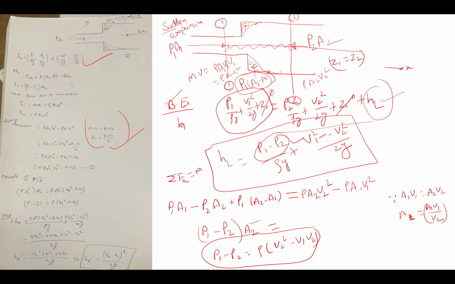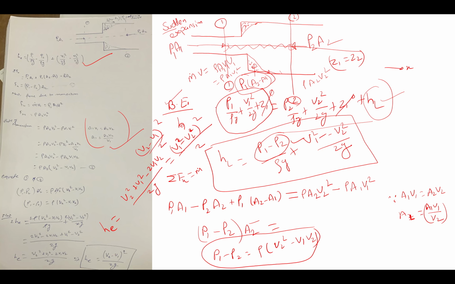After putting this equation, you will get hL is equal to V2 square plus V1 square minus 2 V1 V2 divided by 2g. So these things you can write as V1 minus V2 whole square divided by 2g. Also you can write V2 minus V1 whole square divided by 2g, but here V2 is less,